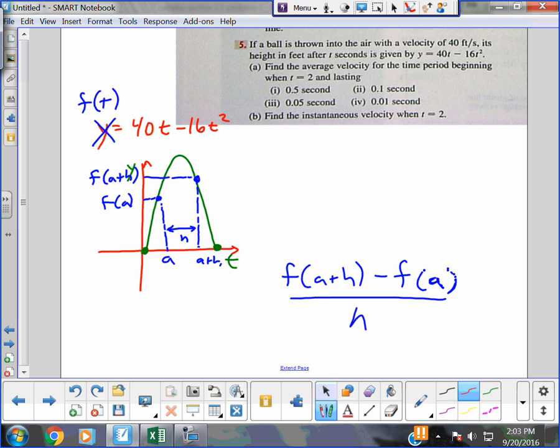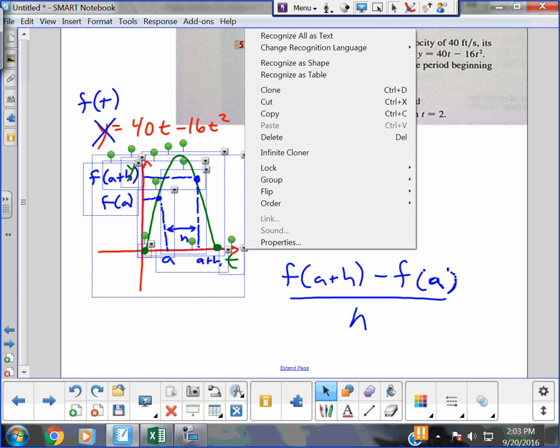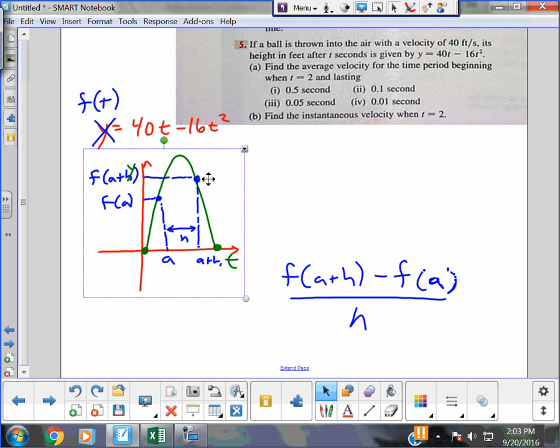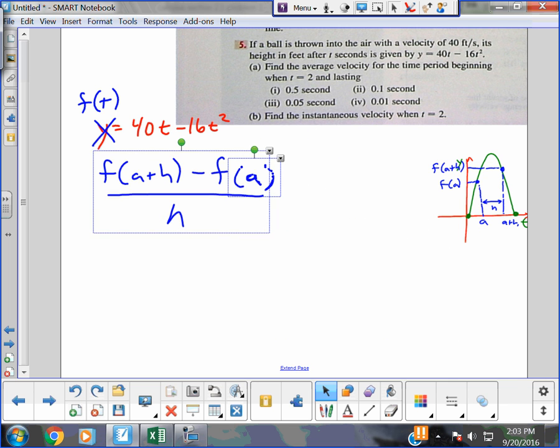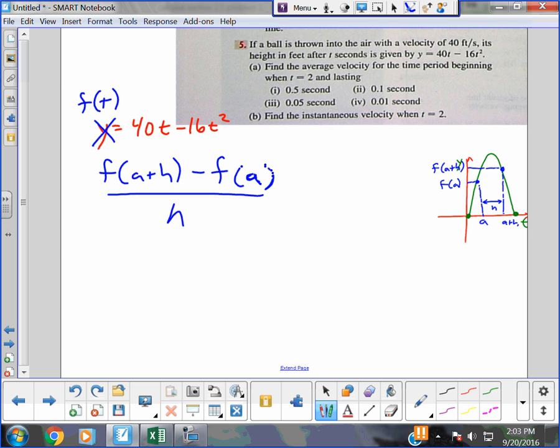I am going to remember this. I'm going to group this graph. Do I have to have the graph? No. Does it help me understand? Yeah. All right, and I'm going to move this over here. And everybody, I'm going to plug in a plus h into this function right here. And I'm going to do the first one in green. So I get 40 times a plus h minus 16 times a plus h squared